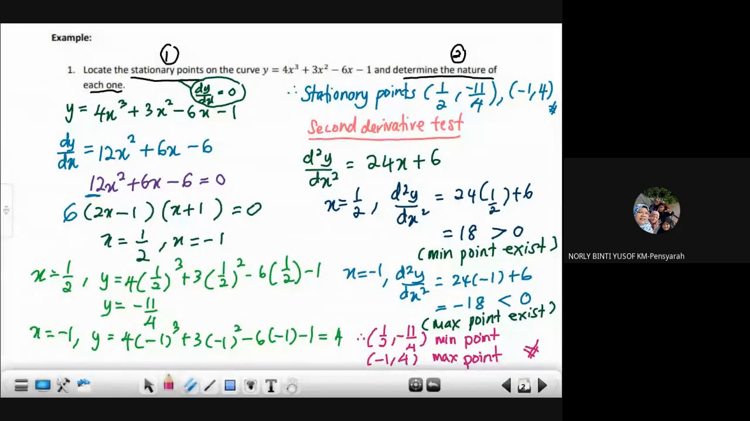Okay, so that's how you get the nature using the second derivative test, because so far the second derivative has not failed. So far there is a value greater or less than 0. Later we will see when the value fails in the next example. So we look at